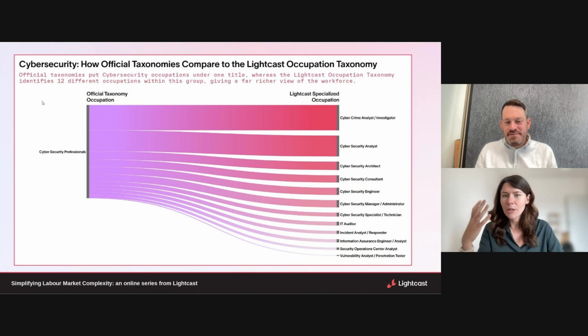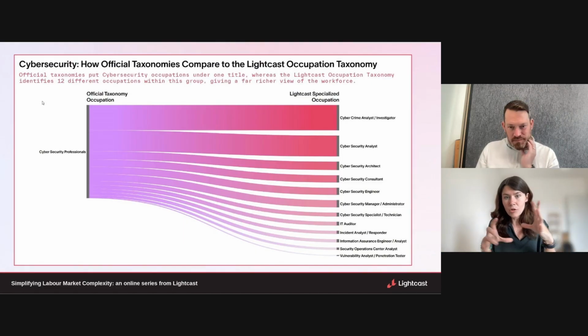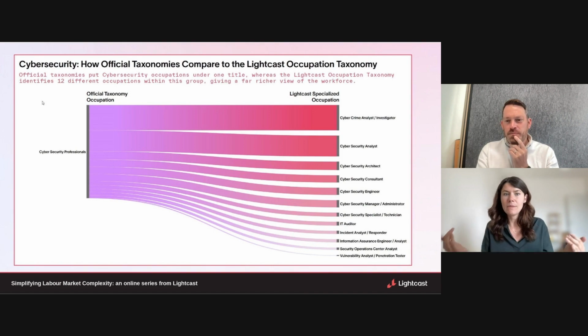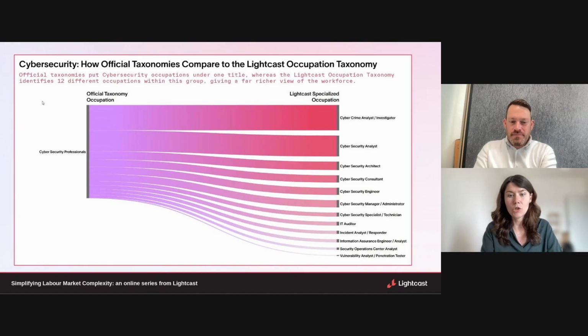So we have the cybercrime analyst and investigator, for example, that accounts for the largest number of jobs within cyber. There are the cybersecurity analysts. But beyond these two big chunks of cybersecurity roles, there are a whole bunch of other different roles like cybersecurity architects, consultants, engineers, managers, auditors. They're all related to cybersecurity, but they all play different roles. And because they play different roles within the cybersecurity space, they need different skills. And so it's really important to understand the different nuances between each of them.